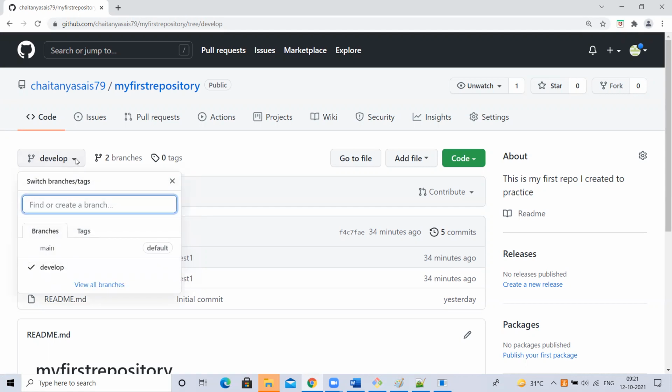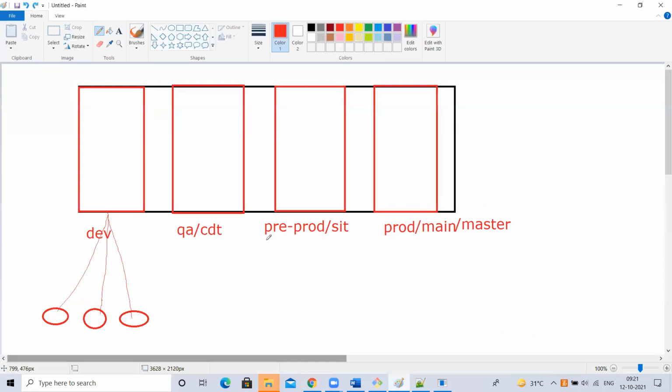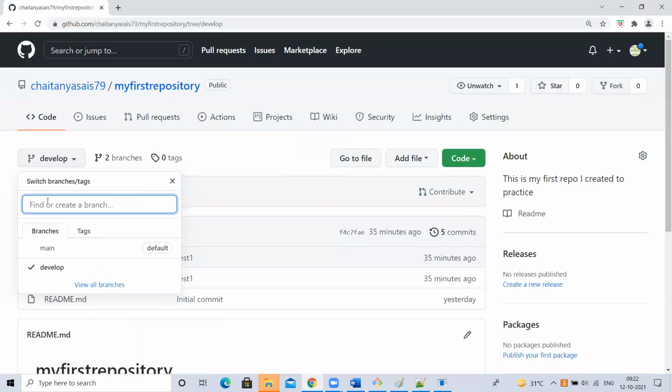How to create it? We call QA also CDT, common development testing, either QA or CDT branch, QA environment, CDT environment. See, each branch is for one environment. For the development environment, we have a development branch where we have a separate server for developers. For the QA environment, we have a QA server, one separate Linux server. Pre-prod will have one branch, a separate environment, a separate server. Production is a separate environment with a separate server. So for each environment, 4 environments, we are creating 4 branches. If you are not aware what an environment is, we'll discuss. Don't worry.